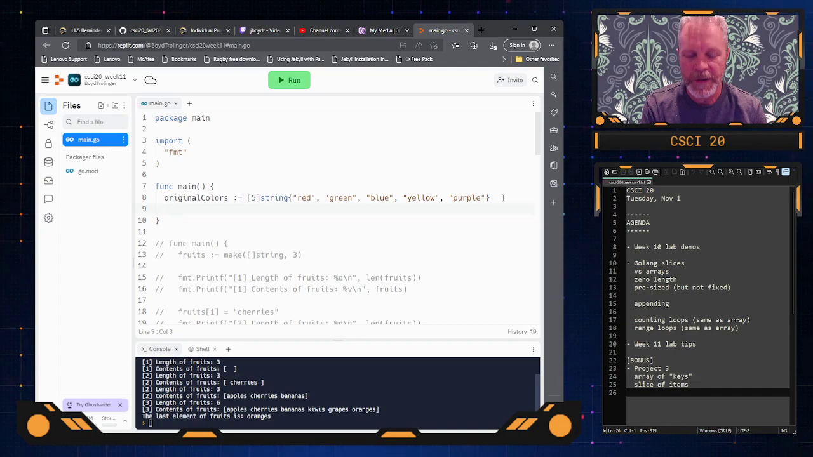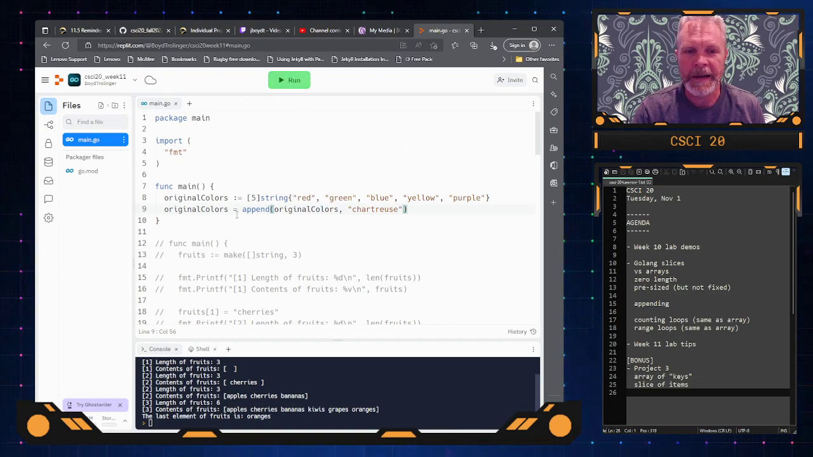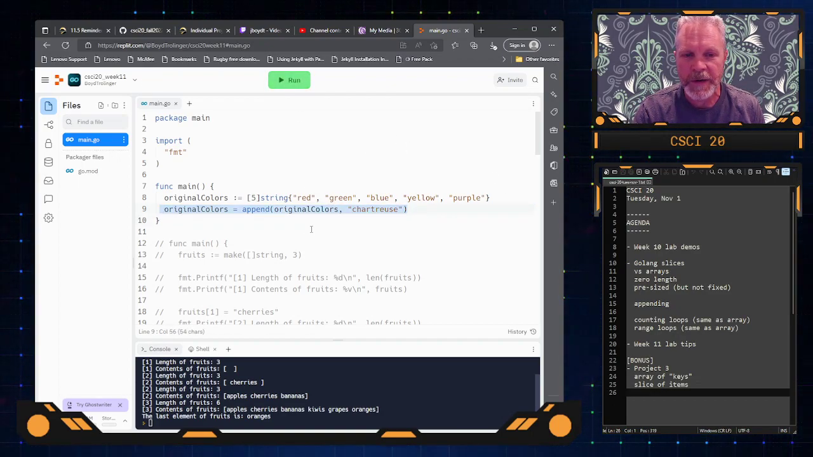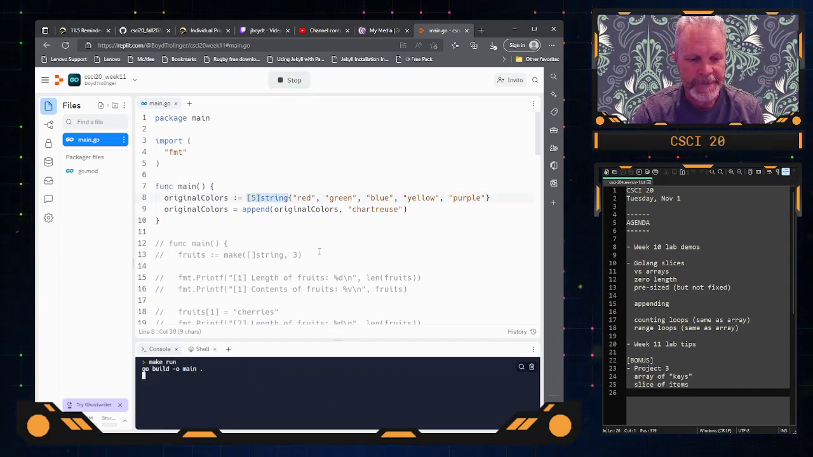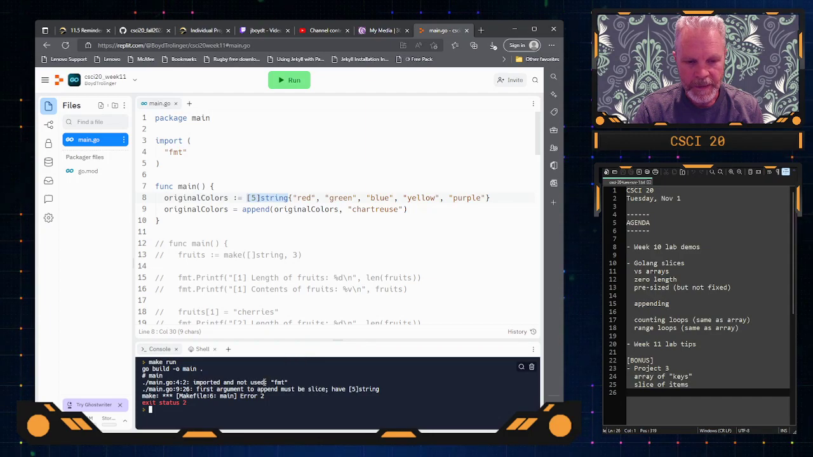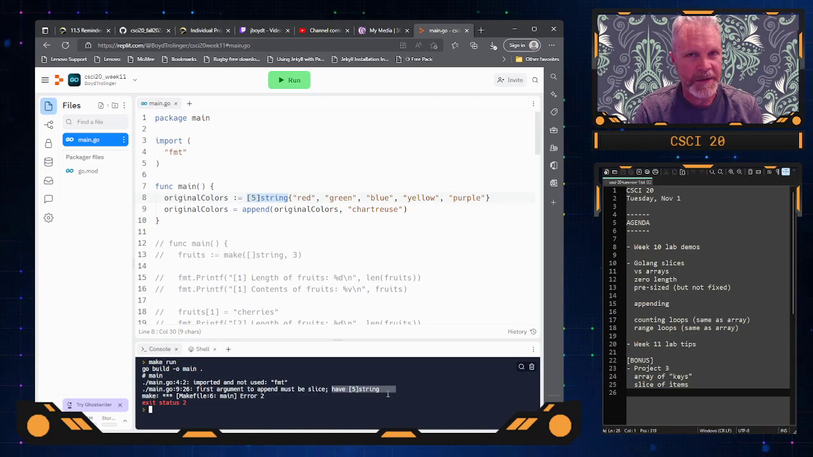to an array. Let's go ahead and try it though, just to see what Go says. Should we try to append to an array? I don't actually know what the color chartreuse is. Is it a gold color? I don't know. I'm going to get an error here, but I'm doing this to remind you that you can't append to arrays. How do I know that it's an array? There's a digit in the square brackets. All right, so first argument to append must be a slice, and what we have is a size 5 array of string. So I just wanted to